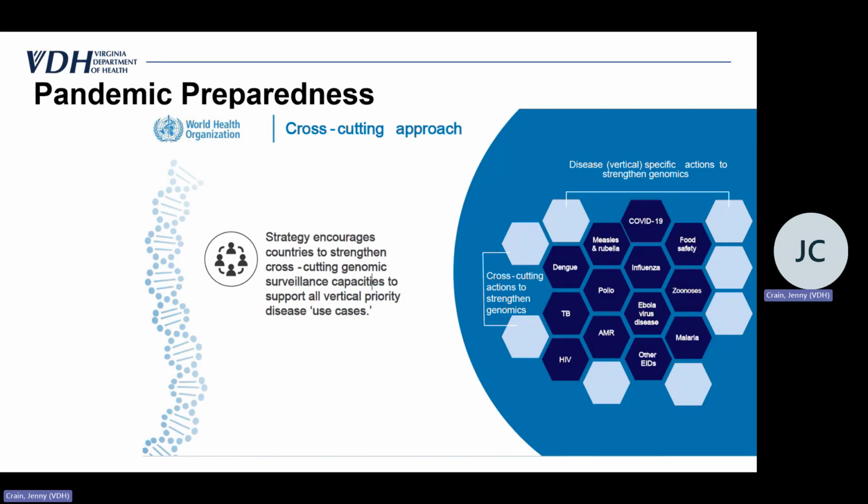And again, back to this WHO genomic surveillance strategy, I like how this specific figure from that document highlights how, while we made great strides and advances in sequencing during the SARS-CoV-2 pandemic, using those advances to expand our ability to sequence other pathogens will in fact prepare us for the next pandemic. If I were able to poll the audience and ask, do you think the next pandemic is going to be caused by a bacterial pathogen that primarily affects elderly in long-term care facilities? Well, the answer might be no.